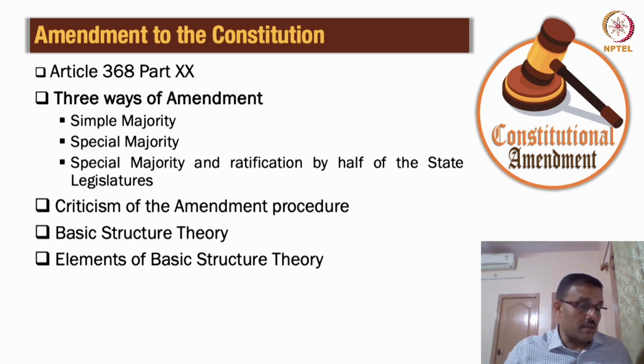Free and fair elections is a basic structure. Federalism is a basic structure. Secularism is a basic structure. So federalism, secularism, democracy, unity and integrity of the nation, social justice, and judicial review. So 6 things were laid down in the most famous case called S.R. Bommai case of 1994. So S.R. Bommai also was a very important turning point in our